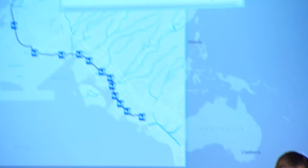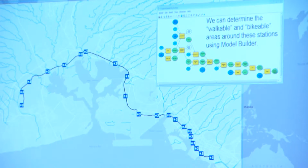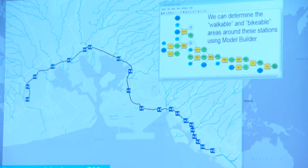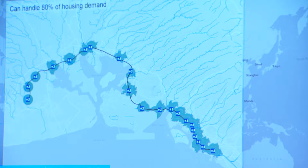And it was kind of a challenge for their political leadership because they were actually under attack. They had an opponent that they were running against in an election who was actually trying to prevent them from building this system. So we actually did some GIS analysis, showed them what the impacts would be on the local communities in terms of the walkable area. We showed this to the people there, and they said, no, we're Americans, we'll only walk 500 meters. So we cut it down and showed them the number of people that this would actually affect in the area,